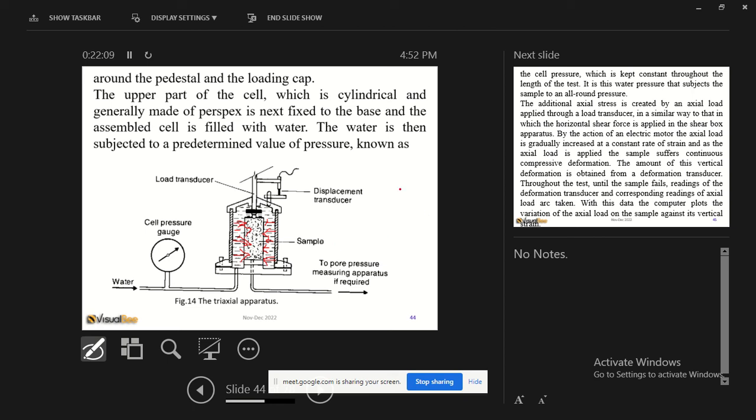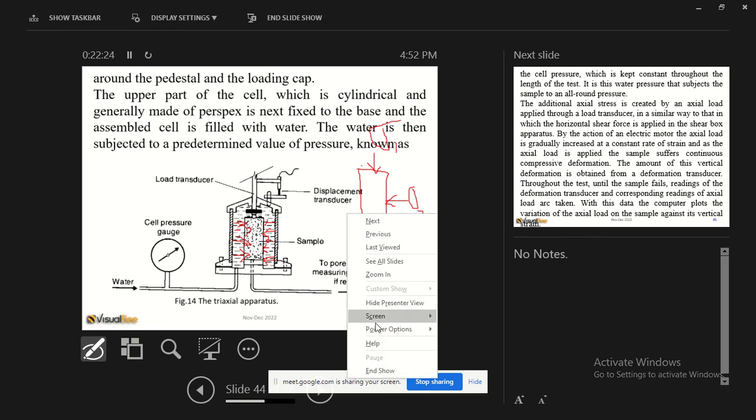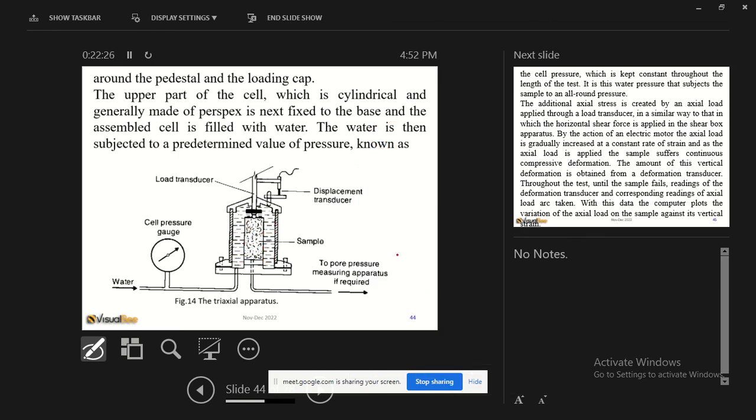So in terms of the sample, we have sigma 1. This is the ideal situation of sigma 3. But for this test it happens this way: the fluid will give a uniform pressure, which is sigma 3,